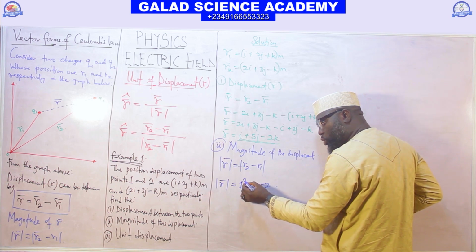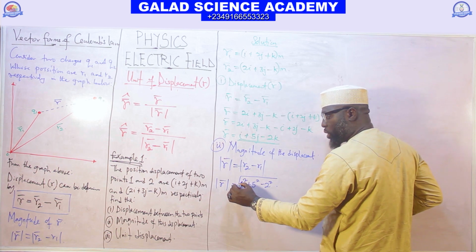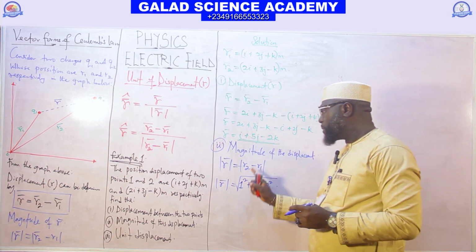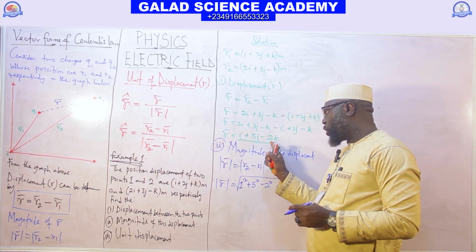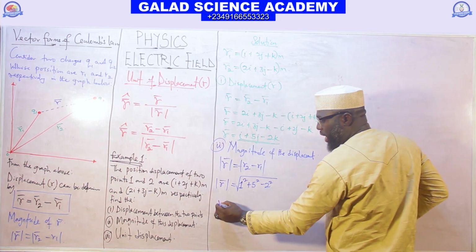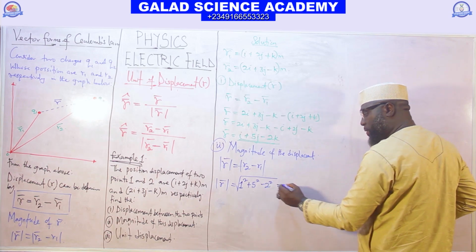The next thing you do now is square this, square this, square this, and find their square root. That's how we find the magnitude. The coordinate of i is 1, of j is 5, of k is minus 2. Then square them. By squaring them, we have: